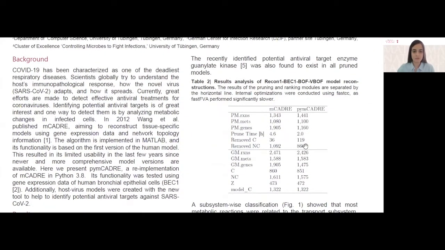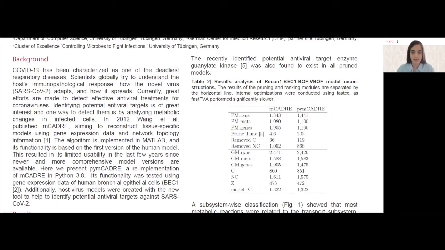So almost 40 years ago, and after the first big wave of SARS, scientists warned about the potential reappearance of either the already existing coronavirus or another novel virus coming also from animals. And indeed, a year ago, this prophecy became reality with the emergence of SARS-CoV-2, leading to one of the deadliest respiratory diseases, COVID-19.